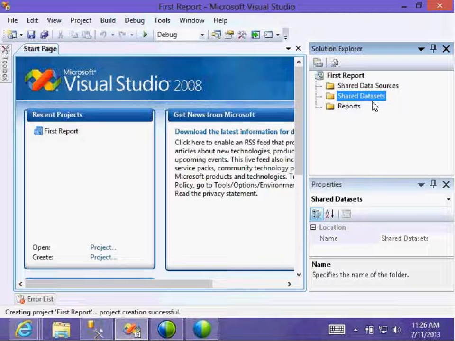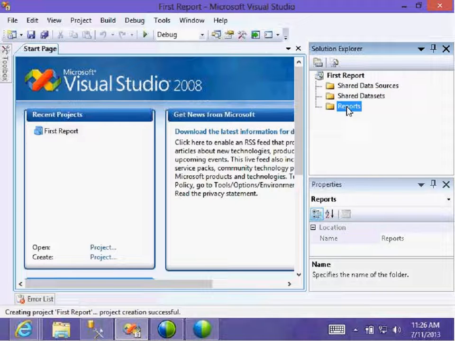How can you pull out that required data? Using a query. You need to write a query, whether it is one full table, a combination of multiple tables, some part of a table, or views, anything. That query is called a data set.